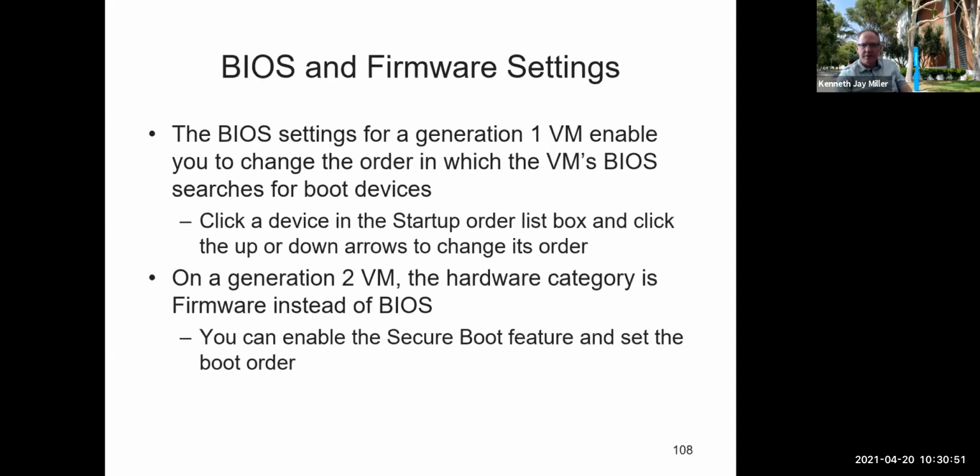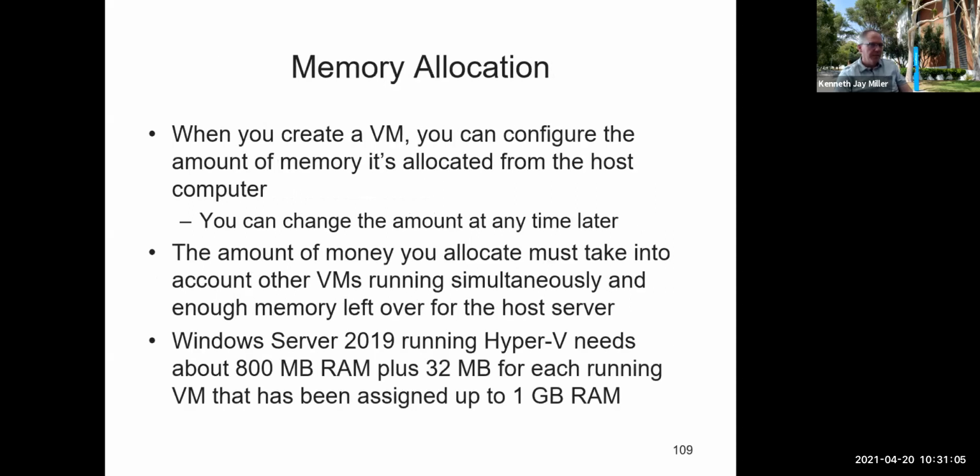So all of those are in there. With the generation 1, we have the standard BIOS. Generation 2 is firmware instead of BIOS, so you can enable secure boot if you need it. Memory allocation, server 2019 with Hyper-V needs about 800 megabytes of RAM plus 32 megabytes for each running VM. So that's not a lot of memory, but